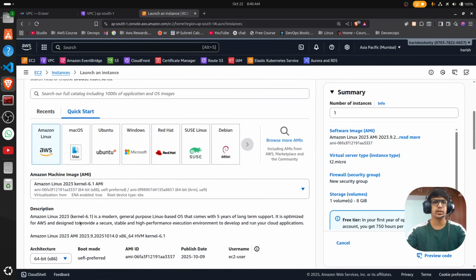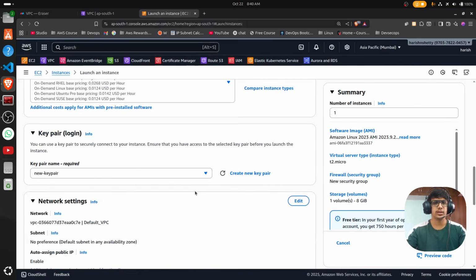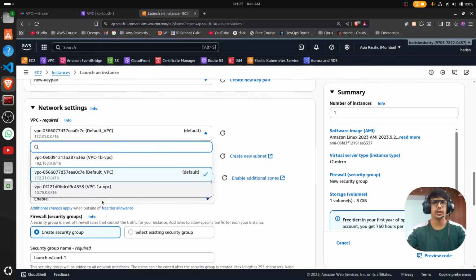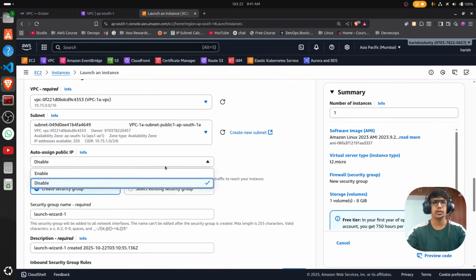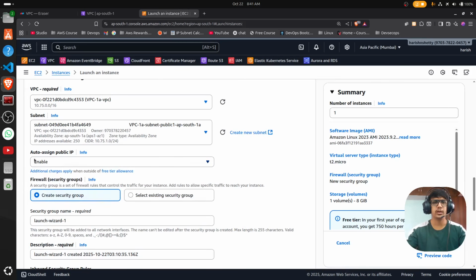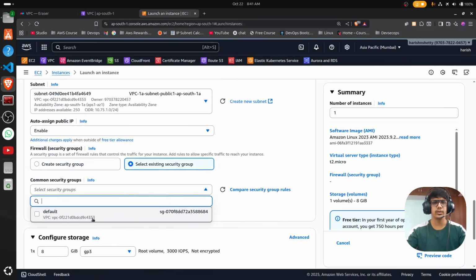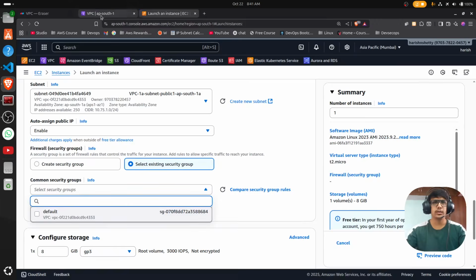So I am selecting Amazon Linux here. This is enough, T2 micro, and select the existing key pair, otherwise create a new one. And in the network settings select VPC 1A, and here select the public 1A, and don't select the private right now, and enable auto assign public IP and select this default one. Why? Because when we create the VPC it creates the default security group. So if you have a doubt, just see this 4353, and here